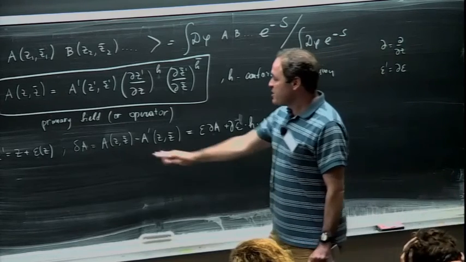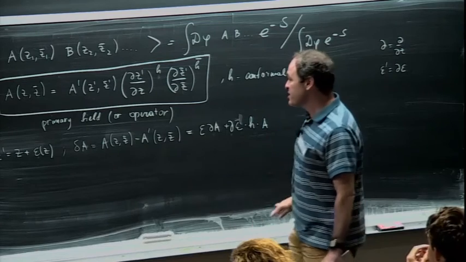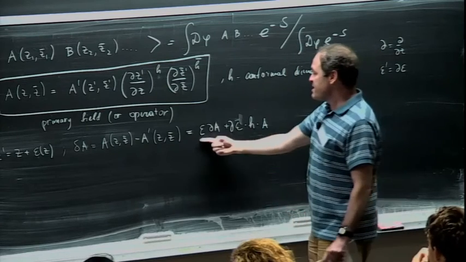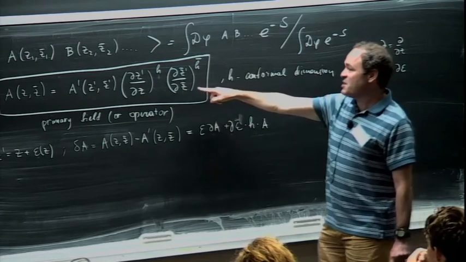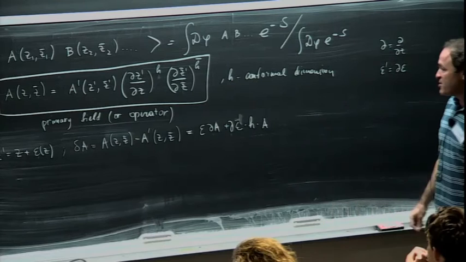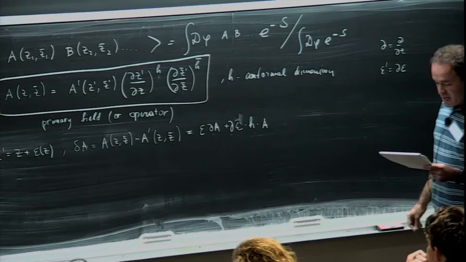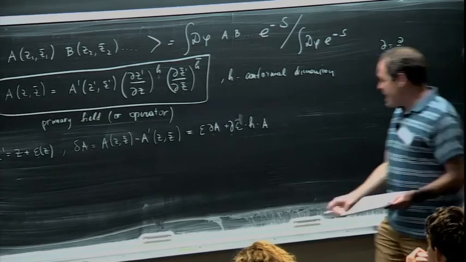So let's just look at the holomorphic part of conformal transformations without worrying about the anti-holomorphic part. Then this is the change in this operator. I hope everybody can see that if you plug this in here and expand in powers of epsilon, that's what you get in the lowest order term. OK, so that gives us the transformation law of these operators. And this allows us to